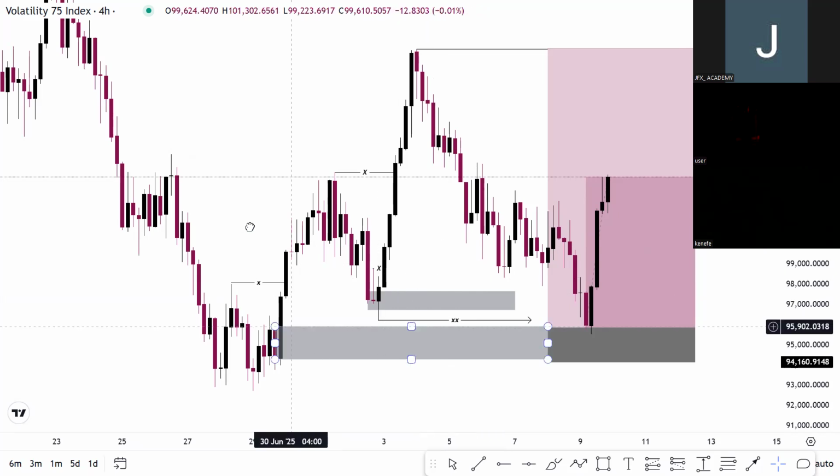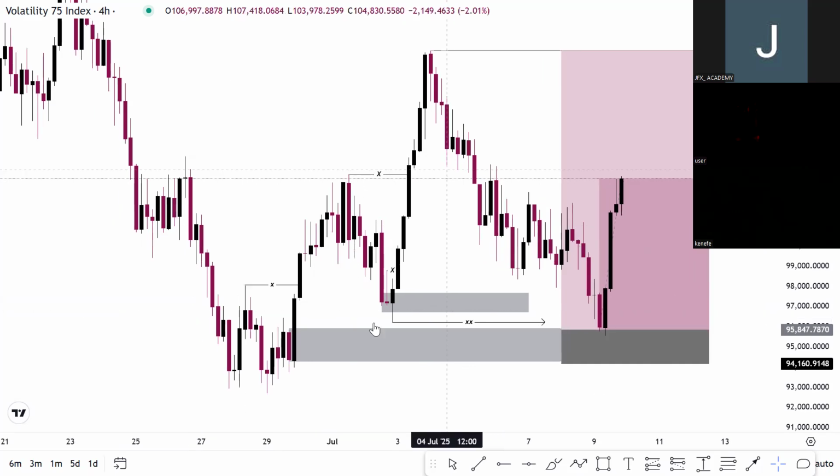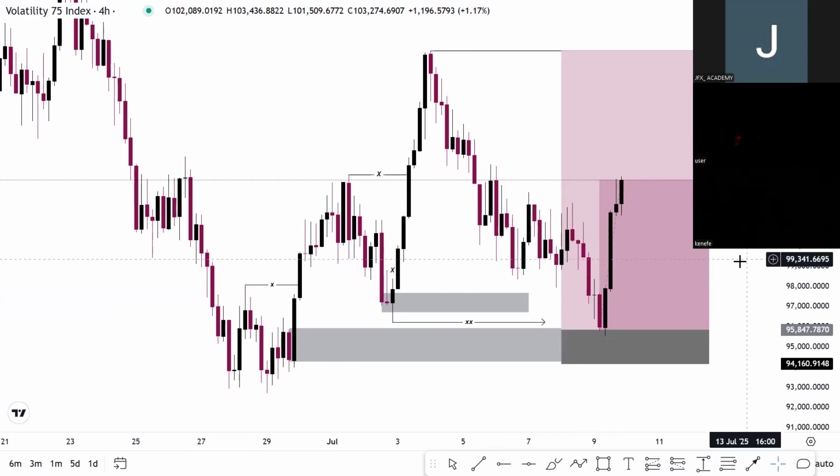Now, everything I did here was just on 4 hours. Trust me, I did not leave these 4 hours to pick my entry and everything. That's the power of swing trade for you. If you are to swing trade like me, you have to